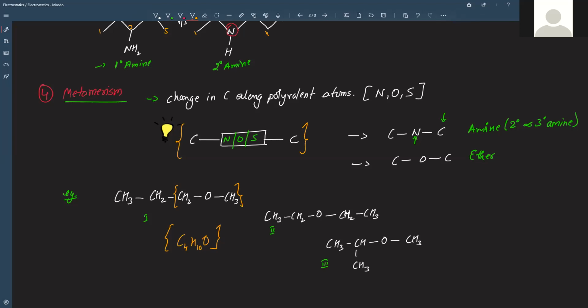Whenever two compounds are given and we have to find the relation between them, our first preference will always be to see whether they are even isomers or not. There is a high possibility that they are not even isomers. They are two different compounds with two different molecular formulas. If the molecular formula itself is different, then there is no point in finding whether they are isomers or not. They may be homologs, so you can find whether they are homologs or not. Homolog means they will differ by a multiple of CH2.